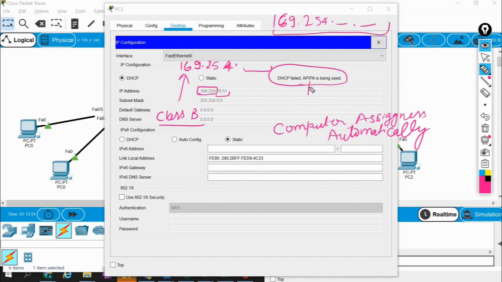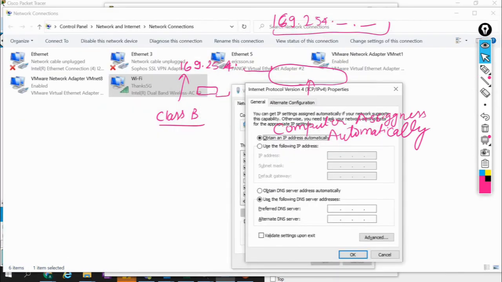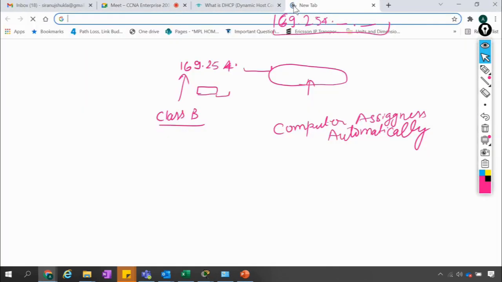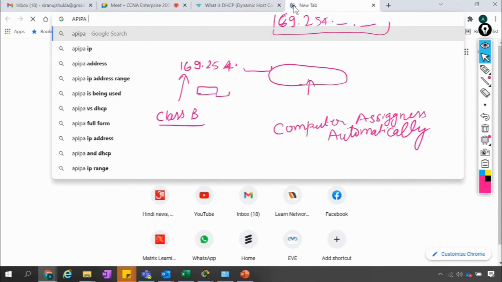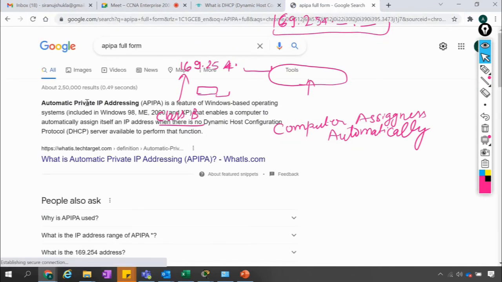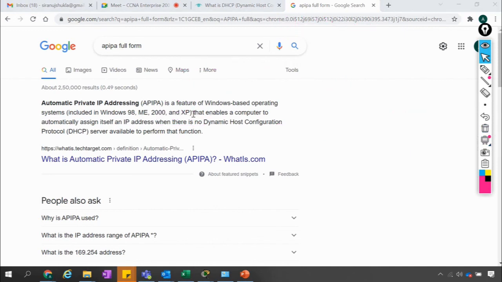I don't know the full form of this APIPA. What is that one? I forgot it. Let me search it on Google. It is Automatic Private IP Addressing, a feature of Windows-based operating systems, included in Windows 98, ME, 2000, XP, that enables a computer to automatically assign itself an IP address when there is no DHCP server available to perform that function.